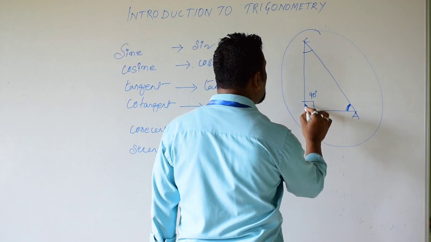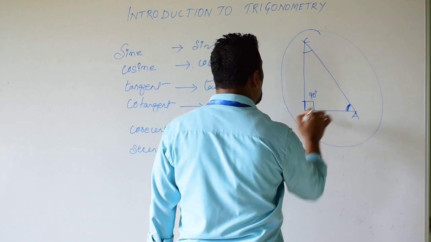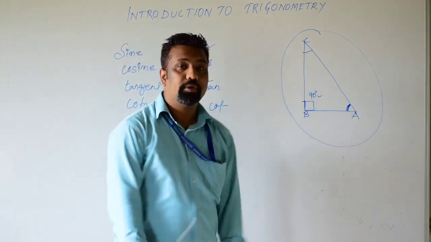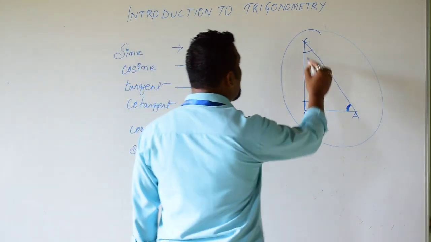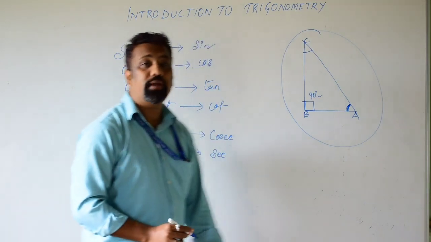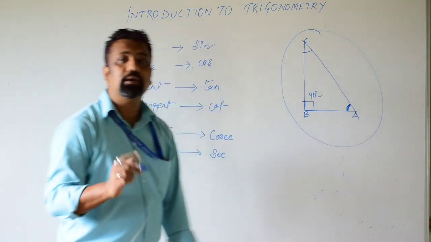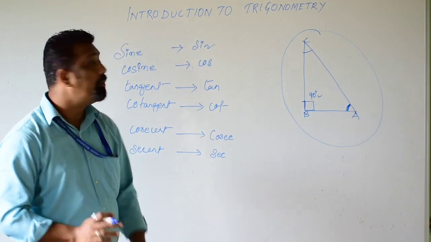This is a right angle triangle at point B, because it is making a 90-degree angle here, and the two other angles are less than 90 degrees, we call them acute angles. So in this chapter, introduction to trigonometry, we will discuss only the right angle triangle, which is related with